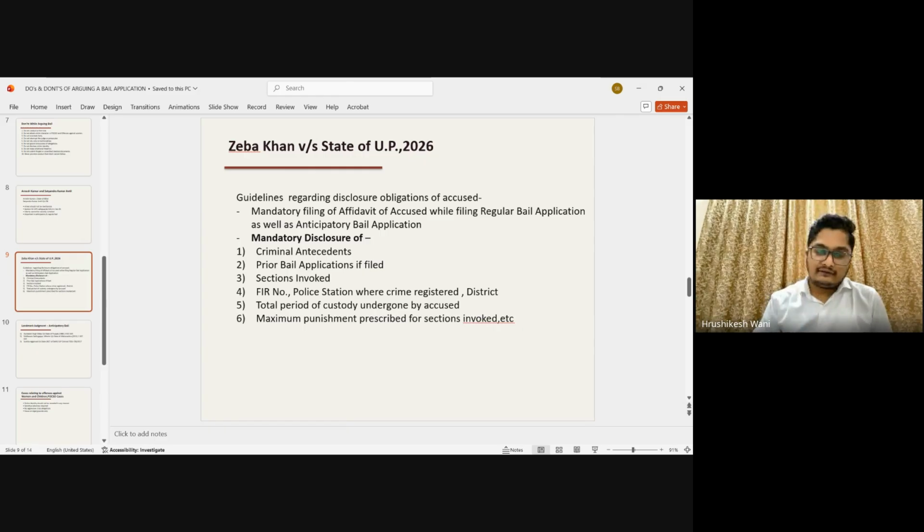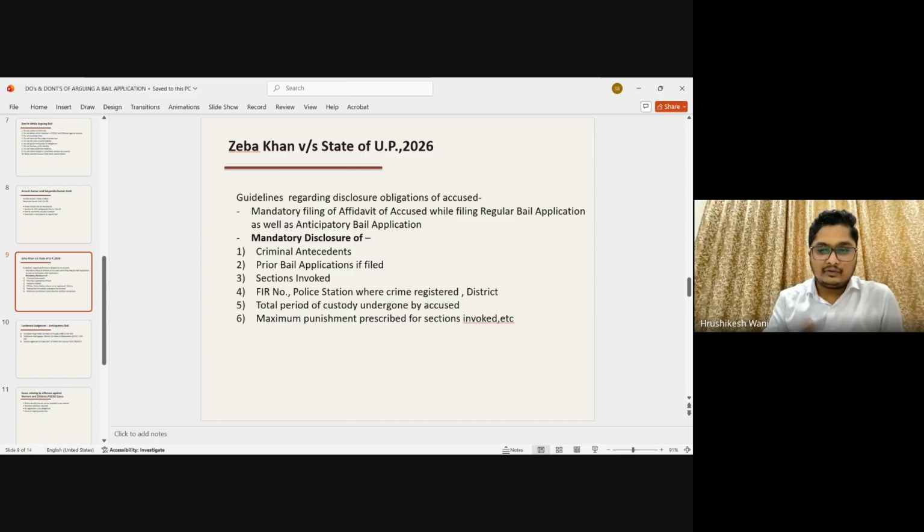So these are a few facts. Now, while drafting a bail application, you should state the name of the accused. Then you should state the formats. Most of you must be aware of the formats of applications that we draft. But his age should be written properly, where he stays should be written, and what occupation he does. It should also be written in the bail application. Then, as a practice, you should always keep this in mind while drafting a regular bail application or an anticipatory bail application. Always put